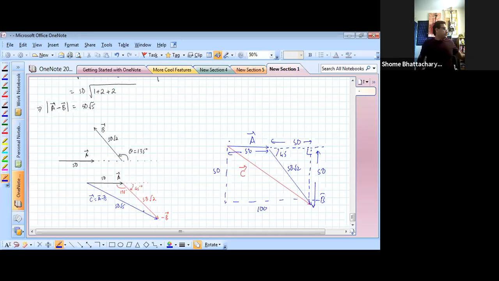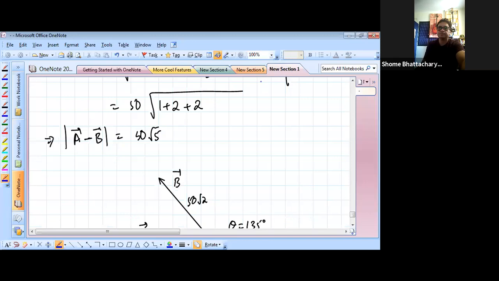Okay, however, we don't need to do all this geometrical drawing and all that because we already know the formula. We have to just substitute the values correctly in the formula. That is the whole point of it. Okay. So this was one additional theorem. Okay, now the next thing we'll see is that